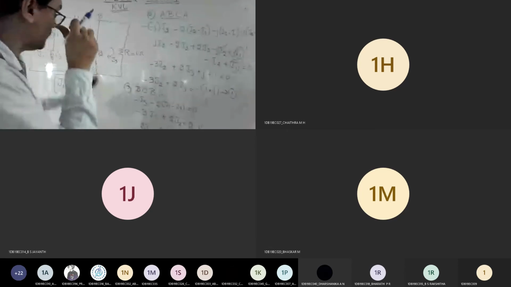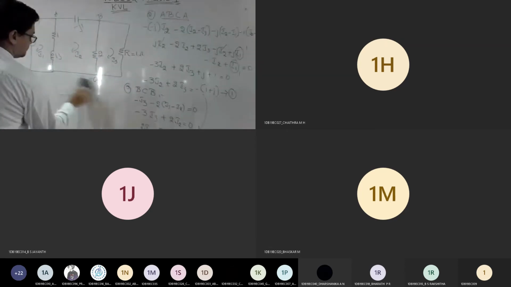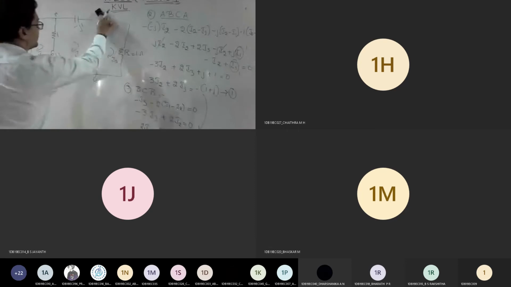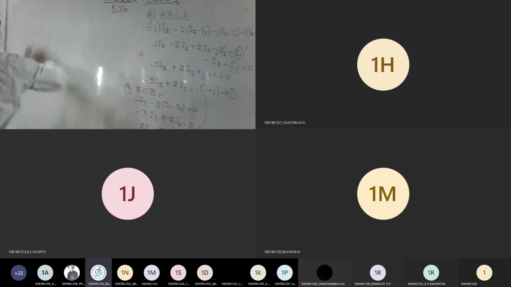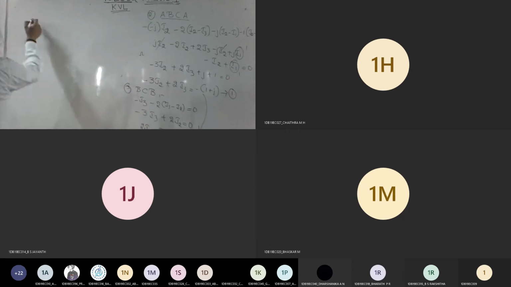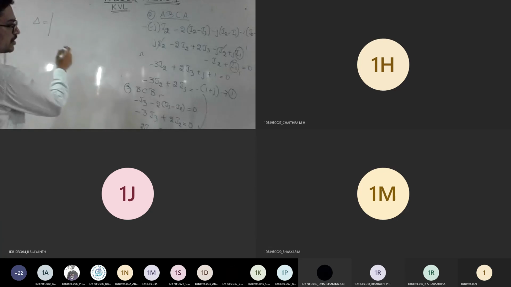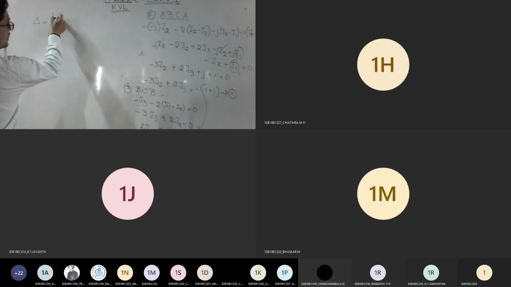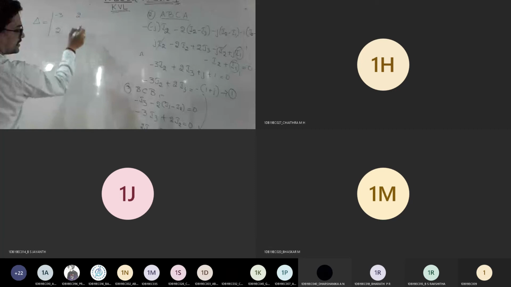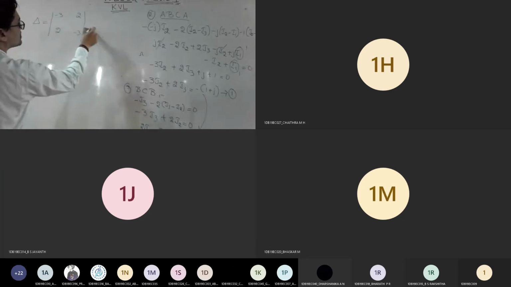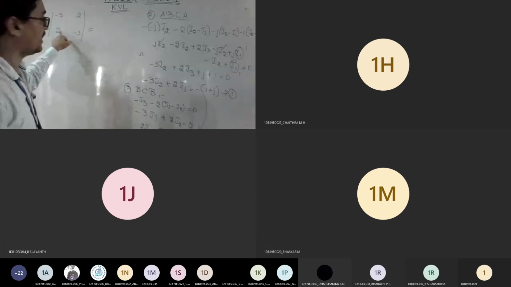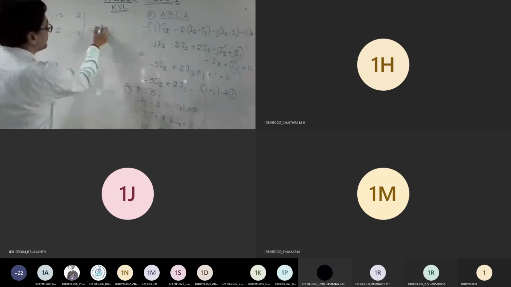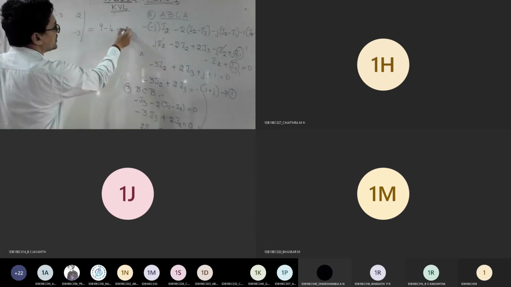So find delta for me. Tell me what is the answer of delta. 5, sir. Okay. So let's check that. Your friend told 5. So I2 is in column 1, so minus 3 and 2. And here it is 2 and minus 3. If you multiply this, what is the answer? See, 3 threes are 9. So minus minus becomes plus, right? And minus 4. So your friend told 5. Correct. Understood here, everyone?